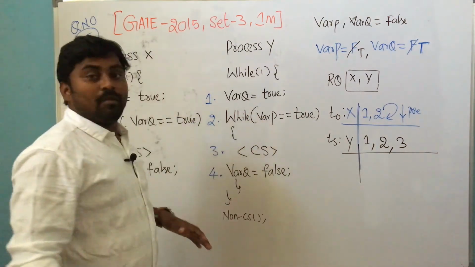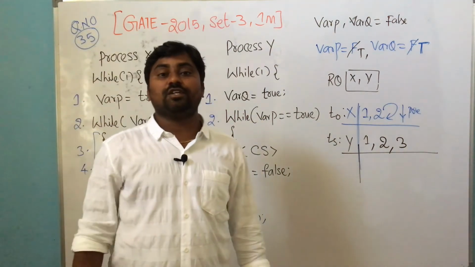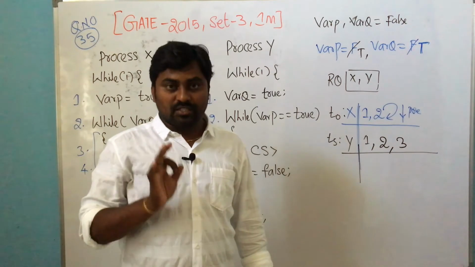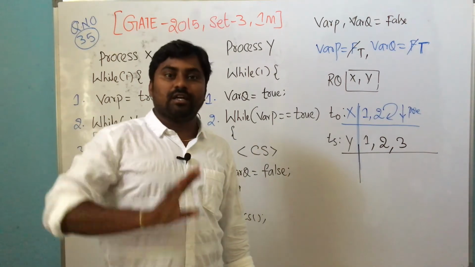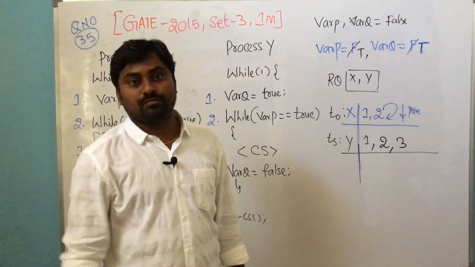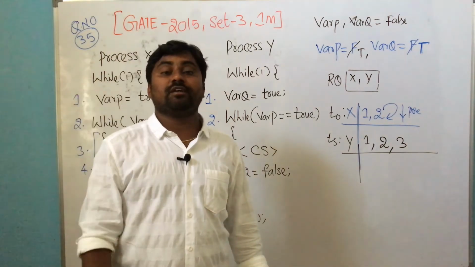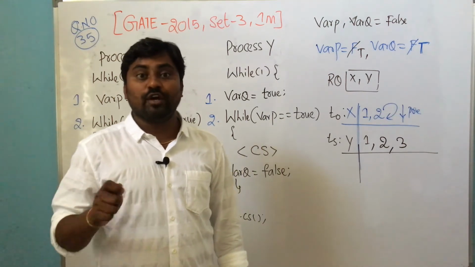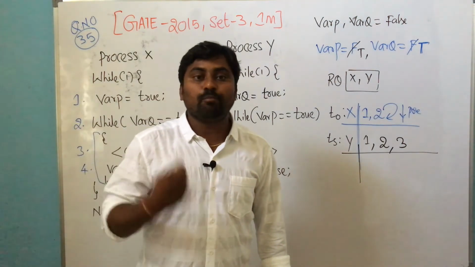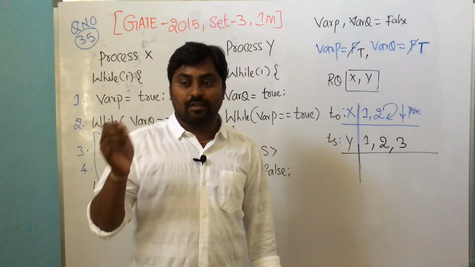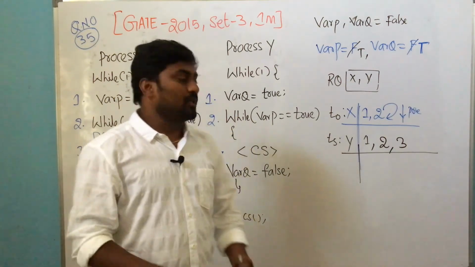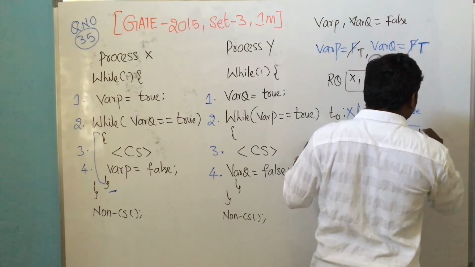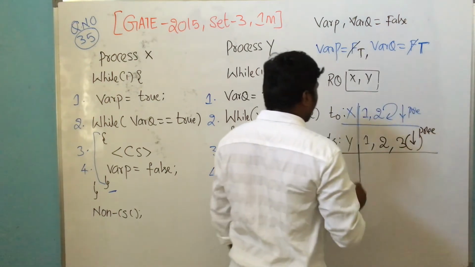Then px can start. But I told you we need to check the condition whether this is going to satisfy mutual exclusion or not. For which, always remember, one of the processes is allowed into the critical section, then you apply preemption, so that we can inquire whether another process is going to enter the critical section or not. Are you getting my point? We have to apply the preemption. Where to apply? We must know. I told you one of the key points: allow one of the processes into the critical section and apply the preemption. So if X is running, inside the critical section I apply the preemption. When the third instruction is executing, I am applying the preemption.